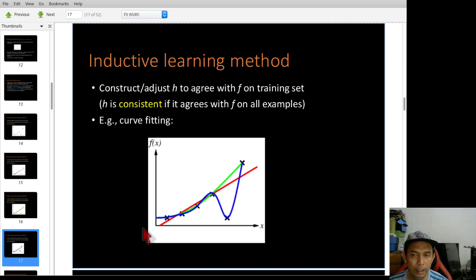So that's why you can come out with something like this. So this is again a non-linear function. Now you can say the blue line is the best approximate function to represent all data points in this scenario.